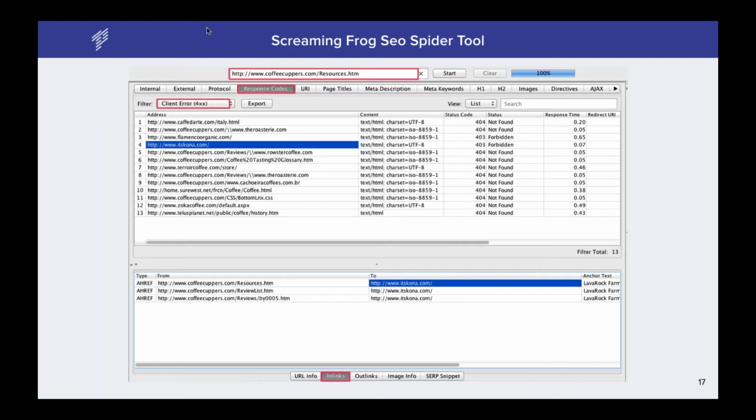So in general, in the Screaming Frog SEO Spider tool, you have to put this page in, start scanning, then go to the response codes, because what you actually want to find is a 404 error, so this website not found. What I did was pick the response codes and filter the client errors for something that's going to be 404, 403, etc. I looked at every single one of those links. They all were either not found or forbidden.